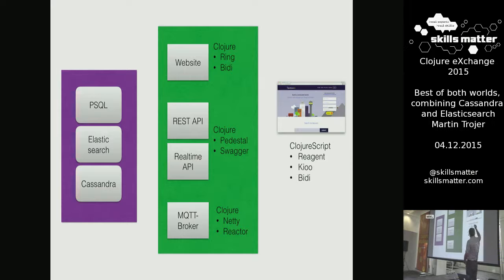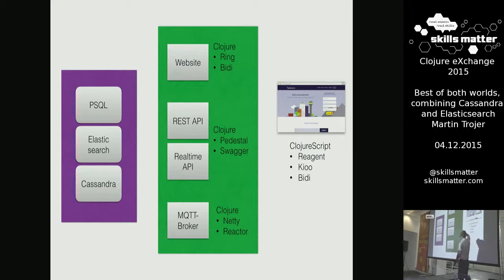So it's Reagent, BD for routing. We're using Kio for templating. So instead of using Reagent's built-in hiccup stuff, we actually use Enlive-style templating into real HTML files. Our friend that does all the layout really likes that.